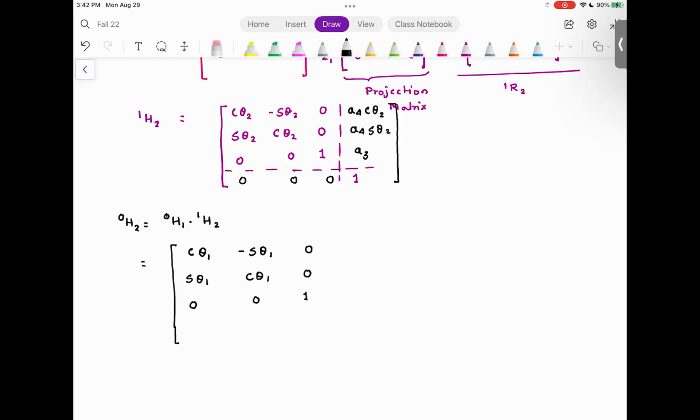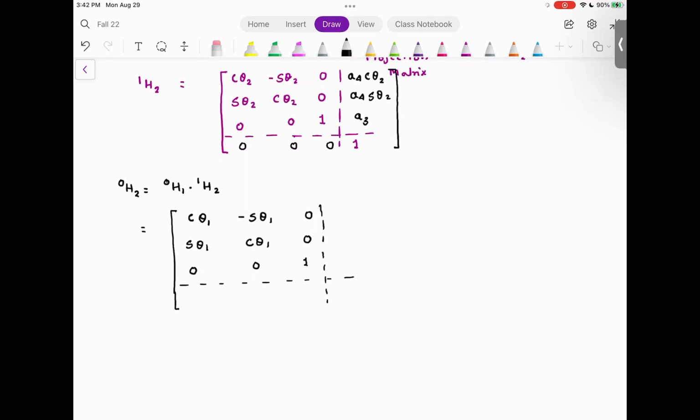And usually what I do is, at this point, once the homogeneous transformations are done, we actually code these in Matlab. So let me do the multiplication by hand, and then I will show you how to solve this problem in Matlab. 0, 0, 0, 1, this is going to be A2 cosine theta 2, A2 sine theta 2, A1, multiplied by